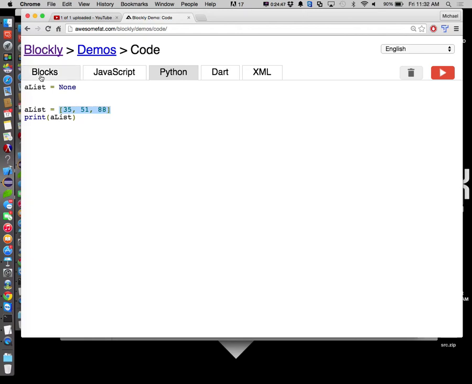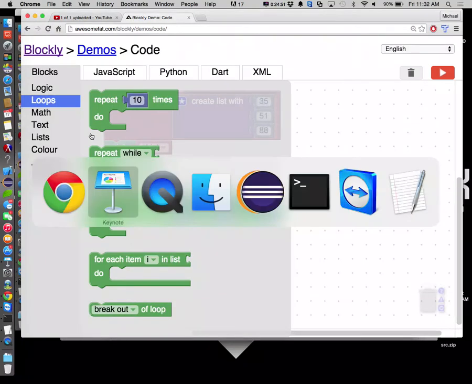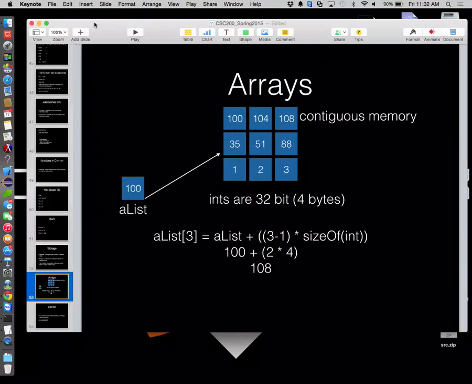Even though Blockly's calling this a list. Okay? And arrays are implemented like this in most languages, including these. Okay? Now,